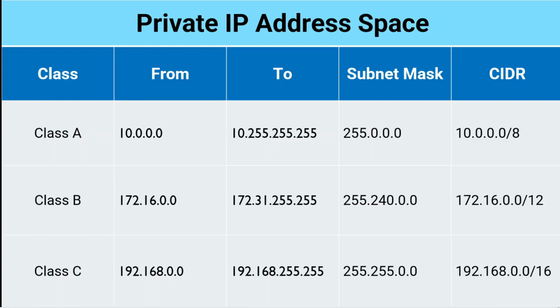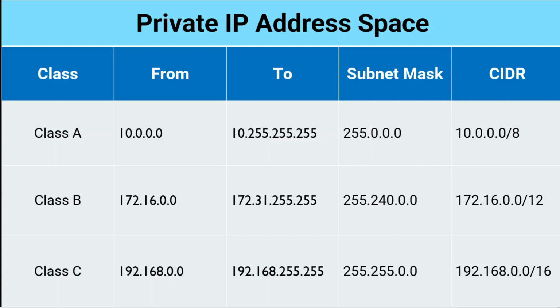Out of this finite IP address range, some IP ranges have been assigned to be used as private IP addresses only, like any IP address range which starts with 192.168 is considered a private IP address which belongs to class C IP address range. Similarly, class A and class B private IP address ranges are also shown over here. Here, class A private IP address range starts with 10.0.0.0 and class B private IP address range starts with